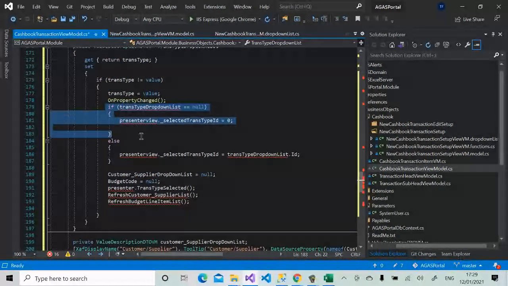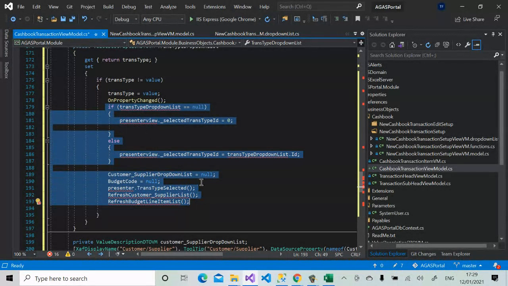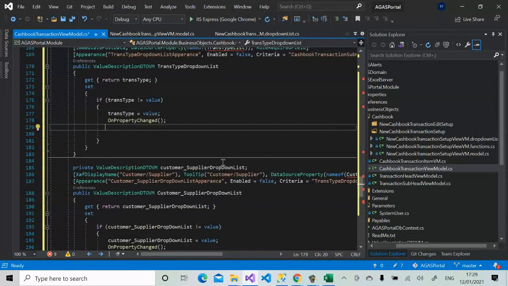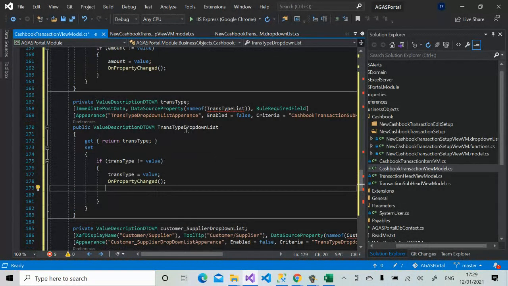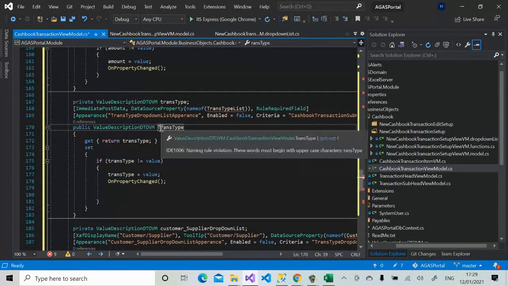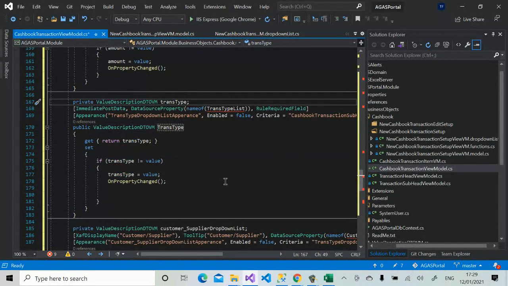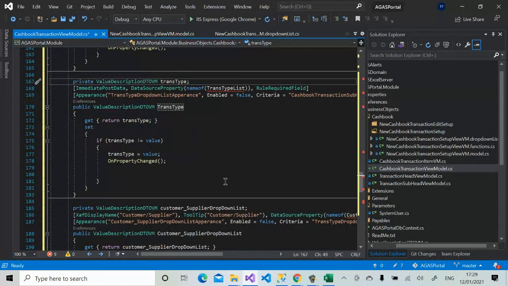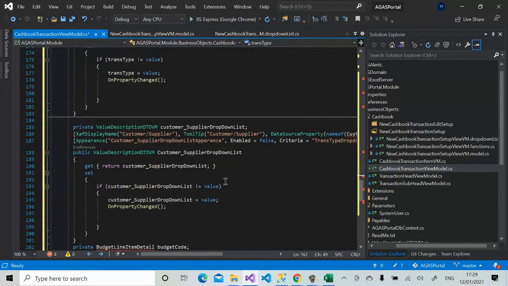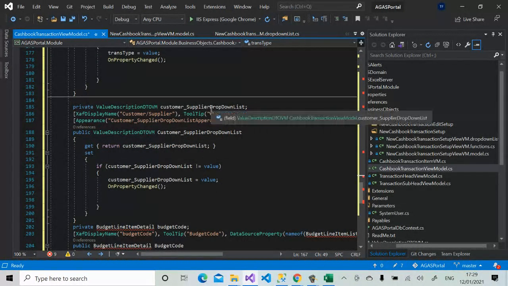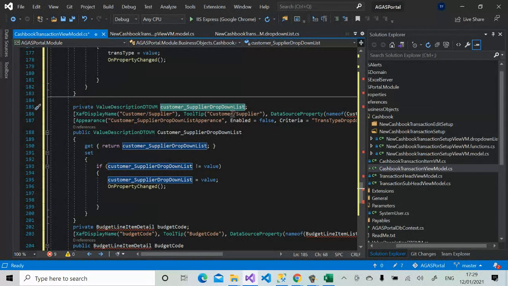So because of this is not needed. Then the one with the capital here. So we'll still leave this one. Then the next one is we'll do customer